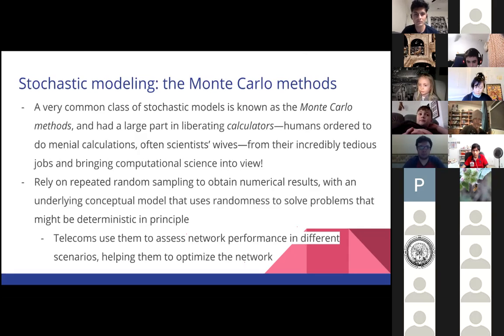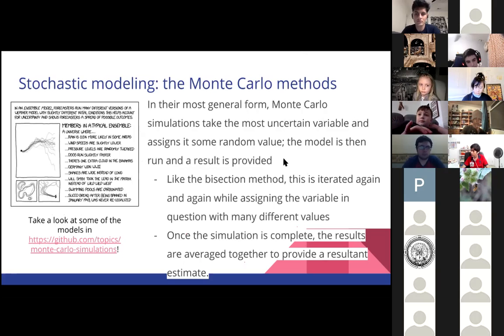Okay, so moving on. In their most general form, Monte Carlo simulations take the most uncertain variable in a problem and assign it some random value. The model is then